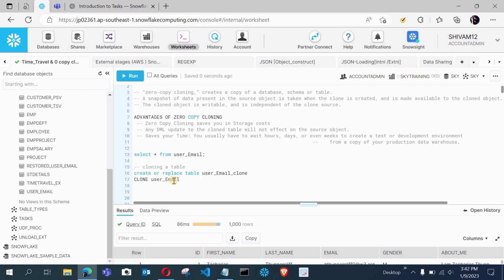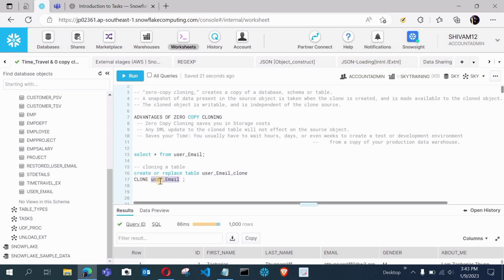So I am creating this table user email clone, and I am cloning the data of this table into this cloned table. Basically this is the syntax for cloning any table. First you give create or replace table and the table name, then clone, and after typing clone, the table you want to clone.